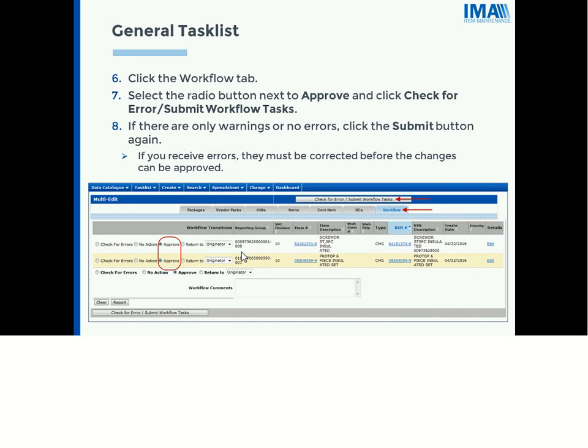So if there are no errors or there are only warnings, go ahead and click the Submit button again. Now, if you receive any errors, they do have to be corrected before the changes can be approved. If these are items that are here because somebody else made these change requests, and you're receiving errors, then I would reach out to the person that created the change request to see how they want you to resolve the